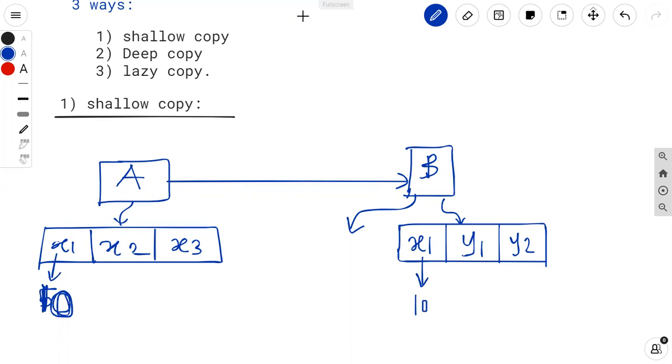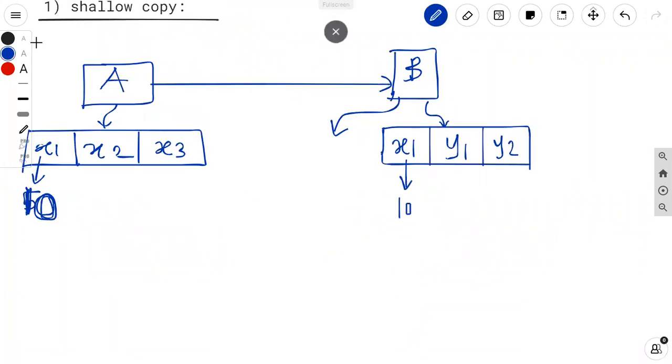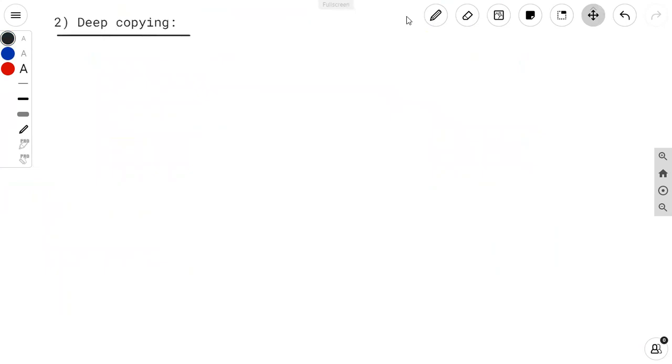Okay, are you getting shallow copying? Next concept is deep copying. What will happen in deep copying? Deep means what? Each and every. We can copy each and every member of object A into object B. So what is deep copy? In deep copy, all the members of one object are copied to another object.